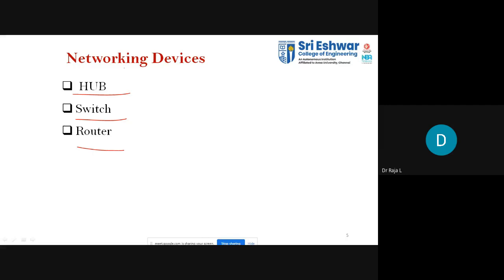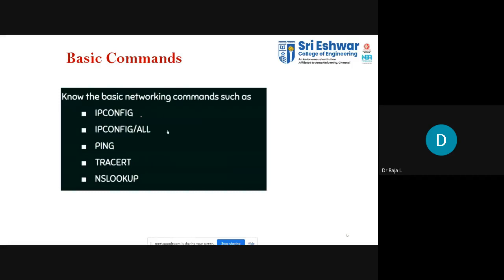So there are different cables available based upon the network devices. We'll be using those cables. These are the basic commands we'll be discussing for the session: ipconfig, ipconfig /all, ping, traceroute, and nslookup. You can use these commands by yourself in the command prompt, and you can check the details that we want.